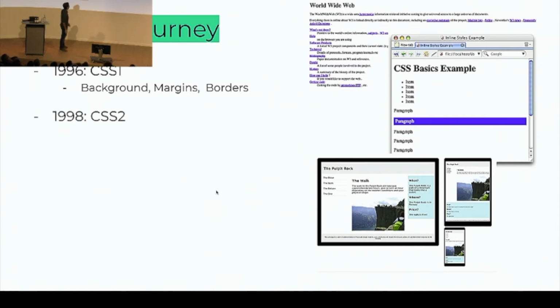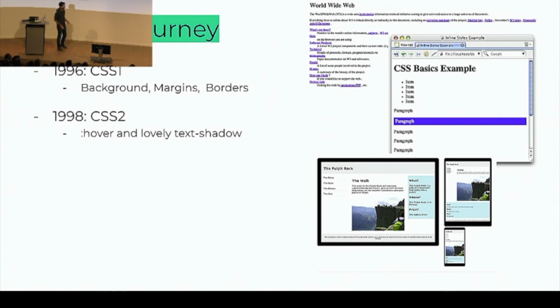But there were lots of limitations. So in a few years after that, CSS2 was introduced. It had really cool features like hover effects, so we could make more interactive pages. Actually, JavaScript came about 1 year before CSS. I think it is the same age as me, because I'm 25 years old, and JavaScript was invented the same year. But CSS2 made it easier to make the web more interactive, and at that time there were lovely things like text shadows or marquees going across and showing news in front of your web page.